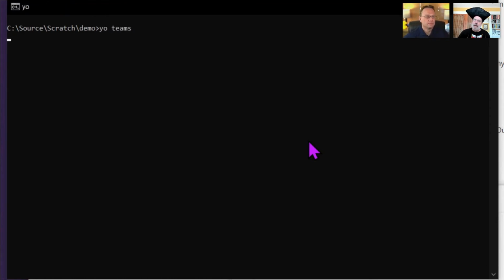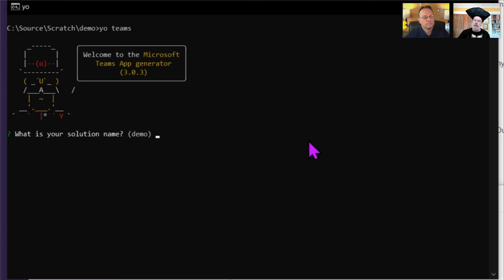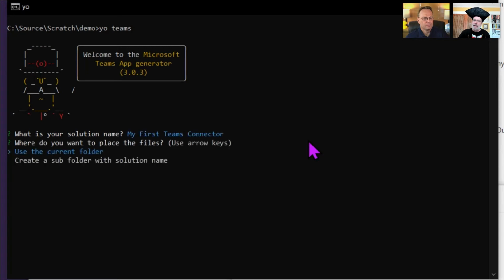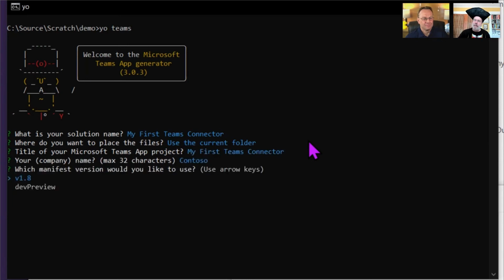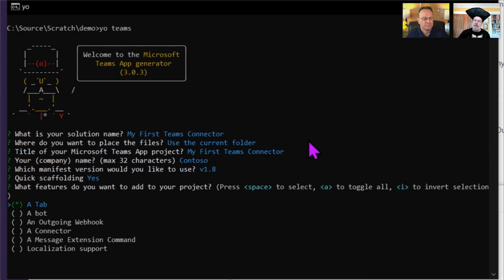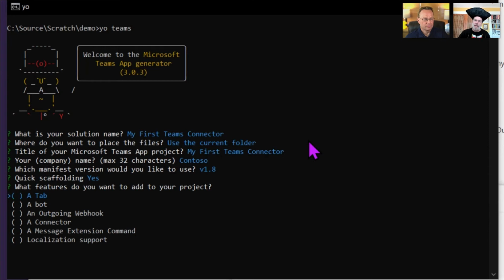And again, similar to Dan, through the wonder of video, I'm going to speed this up a little bit because, well, my typing notwithstanding, the NPM part can take like 10 minutes to run. So I'll go ahead and I'm just putting in what they tell me to in the instructions. This part you might get slightly confused if you haven't used Yeoman. This is part of Yeoman, actually. What features do you want? You use the space bar to select and deselect these, and the arrow keys to move up and down the list. So I'm going to click space to unselect a tab,